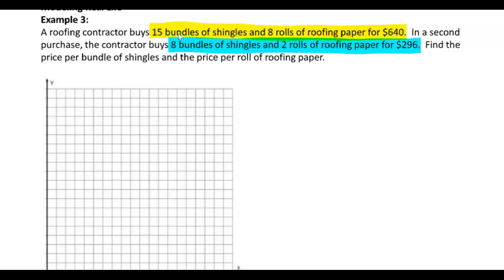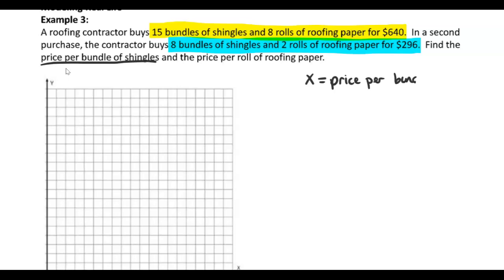The blue highlighting is the second receipt. So think about it like 2 separate purchases or 2 receipts, and we're going to write equations for each receipt. Now it says, find the price per bundle of shingles. So let's let that be X. So X is the price